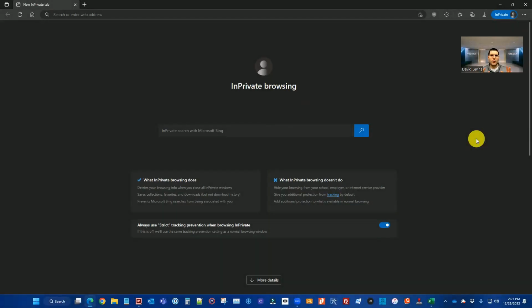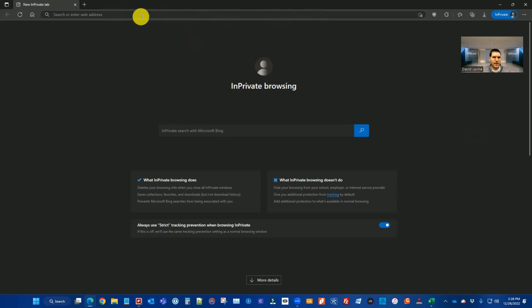For today's quick tip, we're going to go over a quick way to get to websites when you're browsing the web. This tip's going to work great for any .com website. So in any browsing session, and this is going to work in any major browser, you'll go into the address